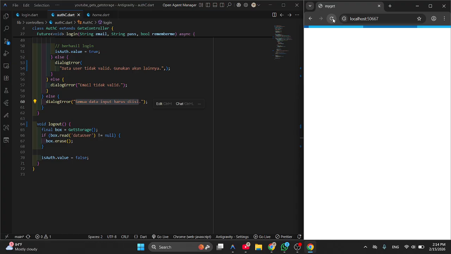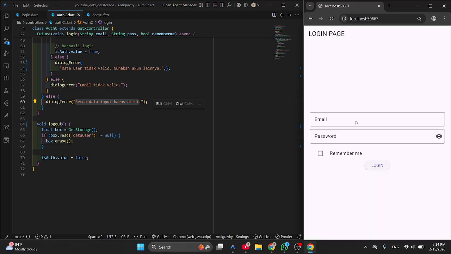Okay, I didn't click logout, and the user is automatically logged out from the app. Let's see the result. Okay, automatically logged out. Admin.